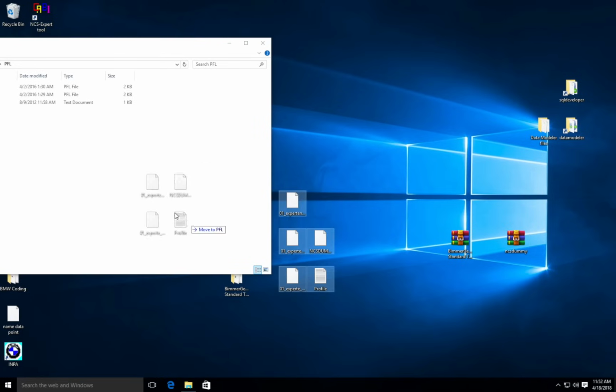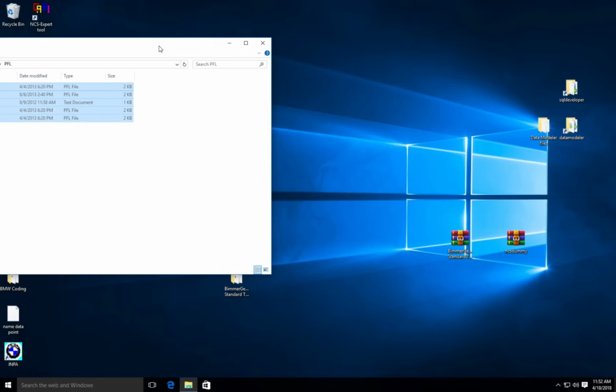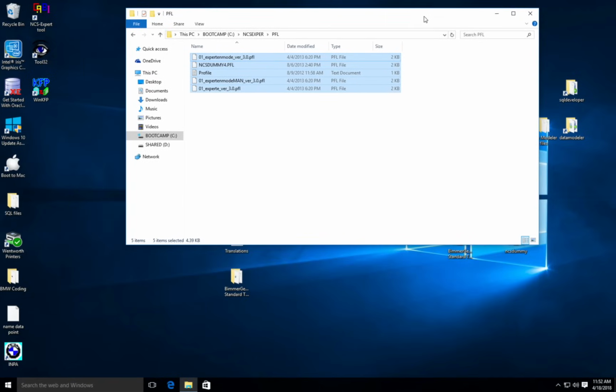Again, I don't think you need all of them. I just do it as a precautionary. This will pop up. Just click Replace Files in Destination. It might not pop up. It might. I'm not really sure, depending on your installation. All right. So now that we have everything installed,